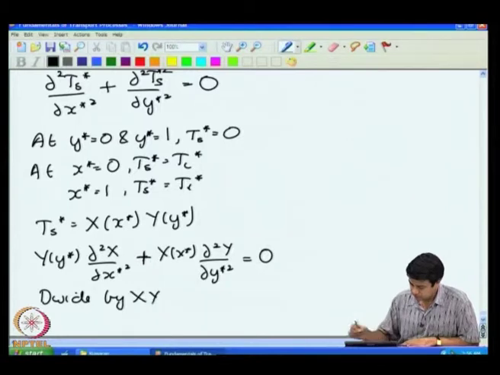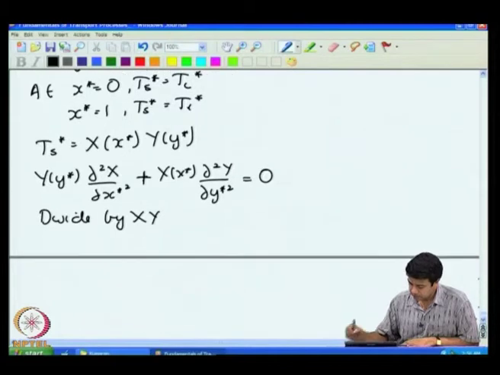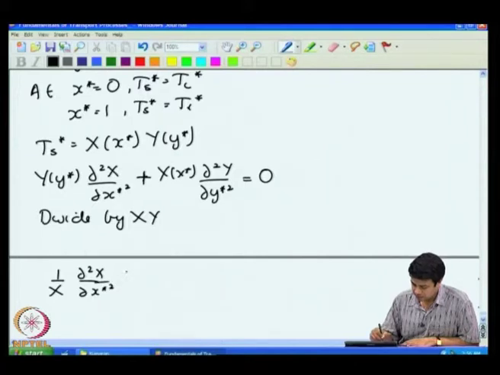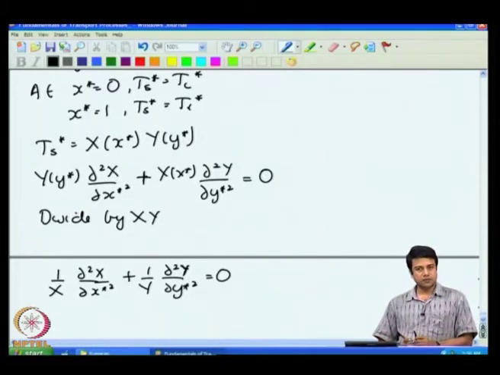By x times y, okay. And that is going to give me 1 by x d square x by dx square plus 1 by y d square y by dy square is equal to 0. So, I have the sum of two functions, one is only a function of x, the other is only a function of y. The sum of these two functions has to be equal to 0, means that each of